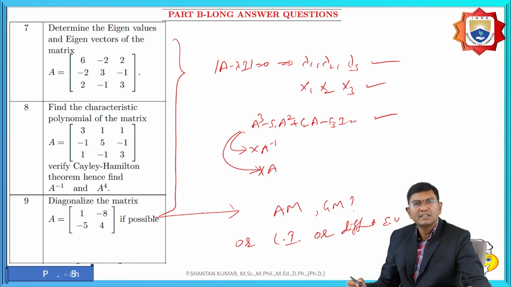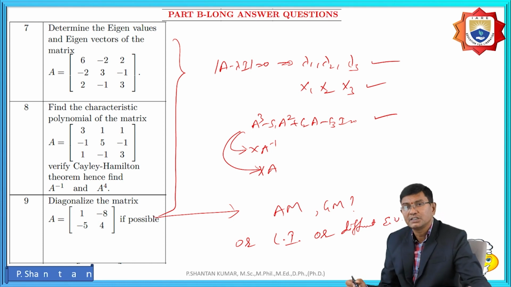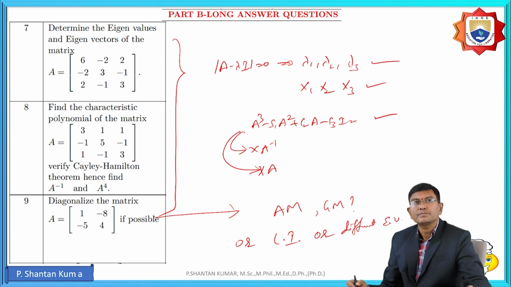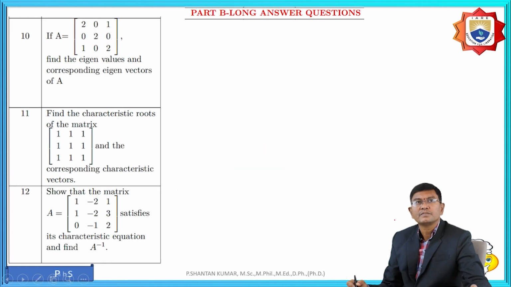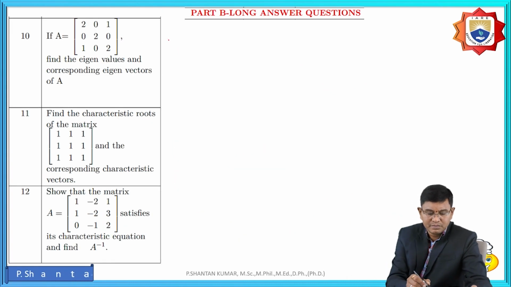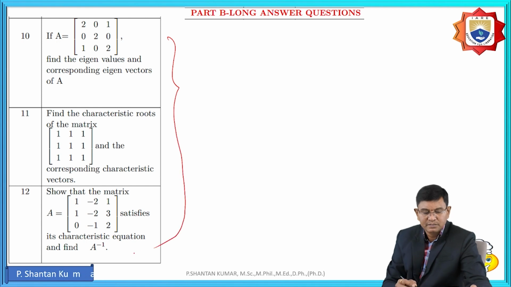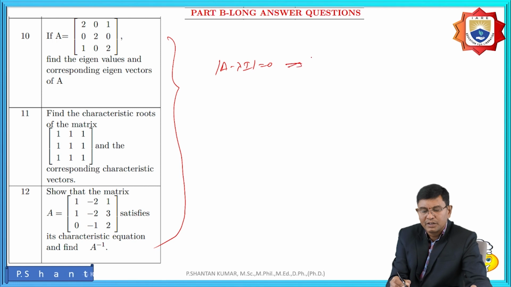Eigenvalues, and the diagonalization of the matrix exists. The conditions are all the same. Determinant of A minus lambda I is equal to 0. Find lambda 1, lambda 2, and lambda 3, and the corresponding x1, x2, x3. Then find out